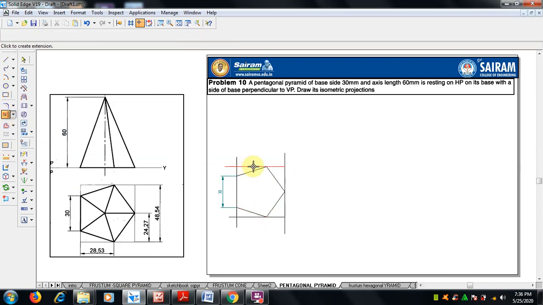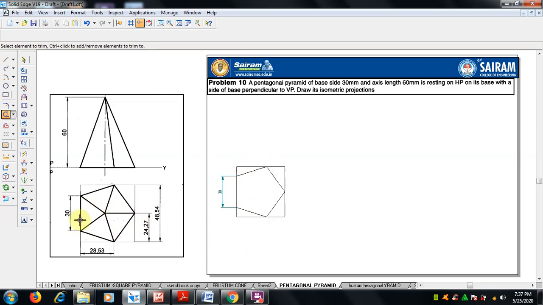You can use the extend option also. Now this entire pyramid, pentagon is covered with a square block. Clear? So this is what we have to do. We have completely done the pyramid, so all these points should be joined at the center.